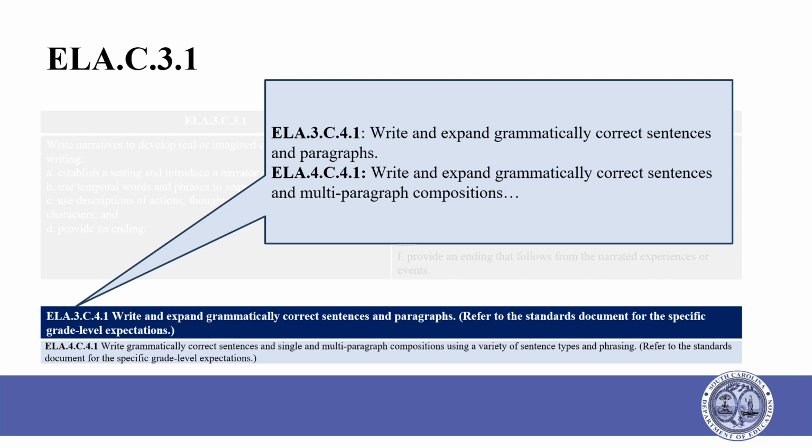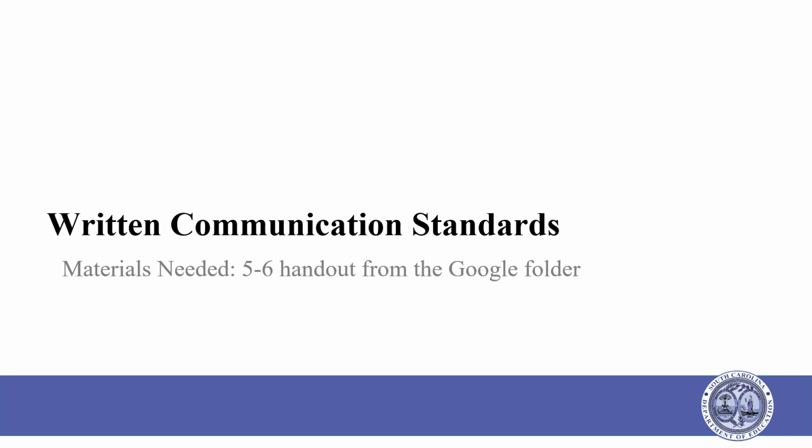Based on the language we just noted, the expectation of writing produced for the TDW item in grades 3 and 4 is that the response consists of paragraphs or a multi-paragraph composition. There is no set number of paragraphs attached to the TDW response for students in grades 3 and 4. This aligns with the instructional expectations set forth by the 2023 ELA writing indicators. We will now look at the written communication standards for grades 5 and 6.